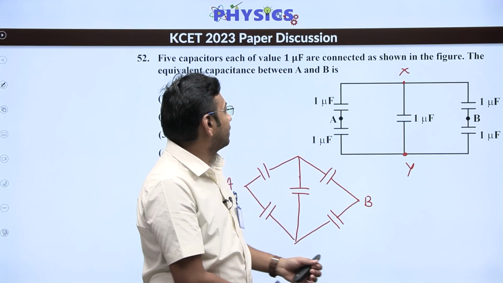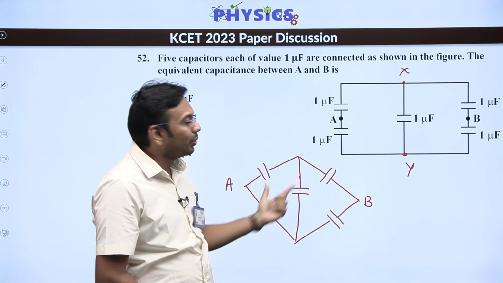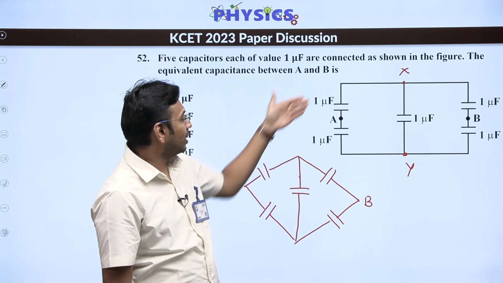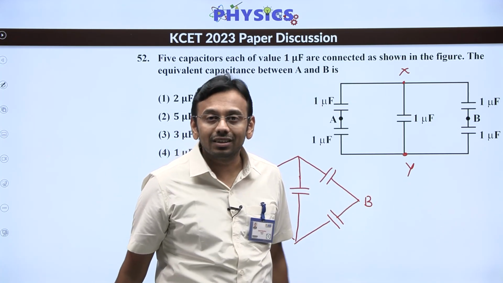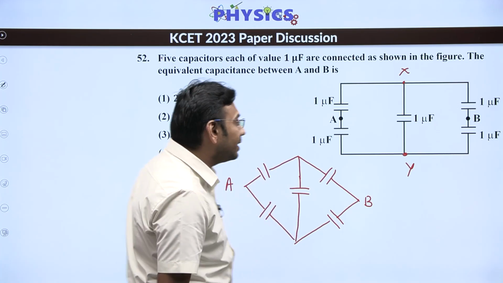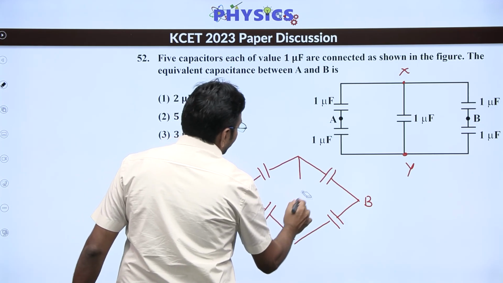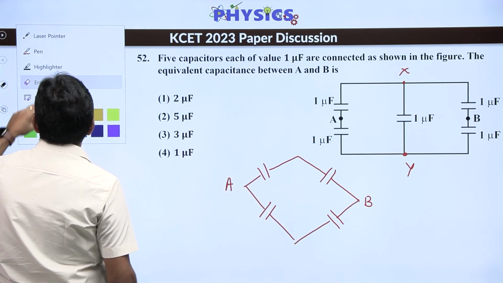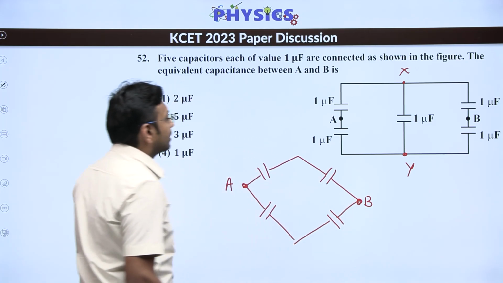Also we can observe all capacitors are of same capacitance. This is going to be a balanced Wheatstone bridge, 1 by 1, 1 by 1. Both sides the ratio is same. Now what happens when the Wheatstone bridge is balanced? The middle capacitor will get removed. So, middle capacitor is gone,